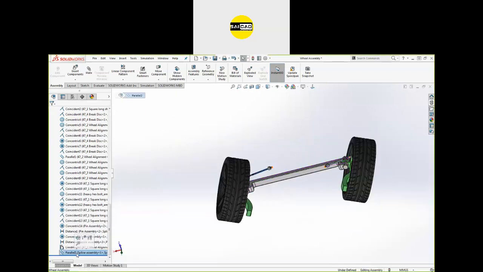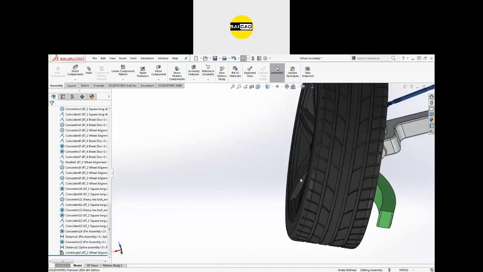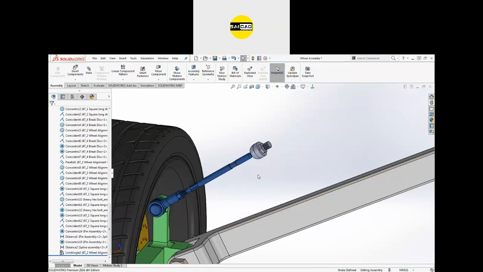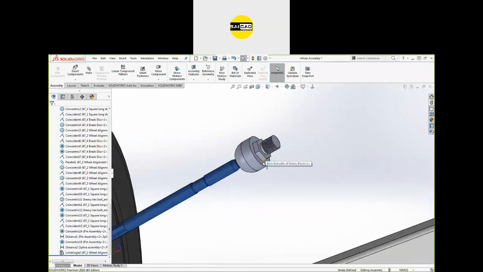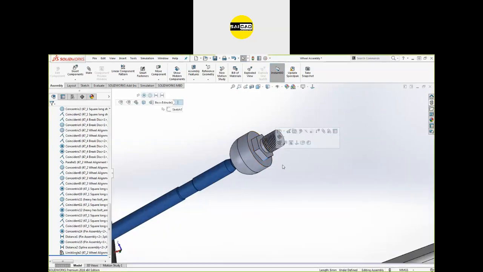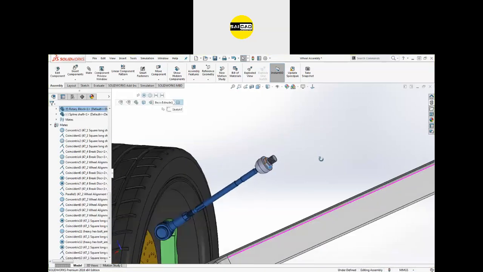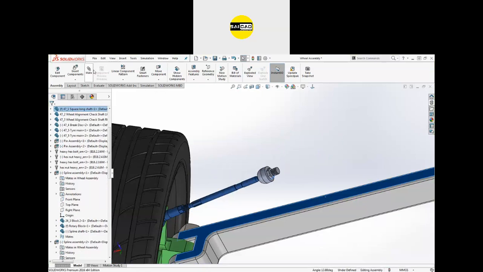So just remove the parallel from here. So first of all, you have to specify that the alignment of this should be okay. So these faces can be made parallel also.